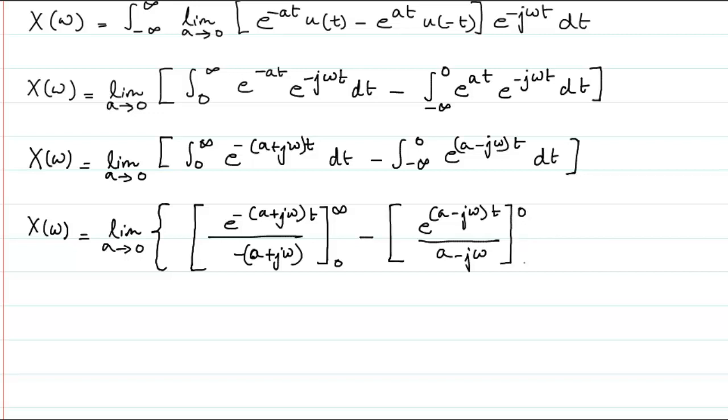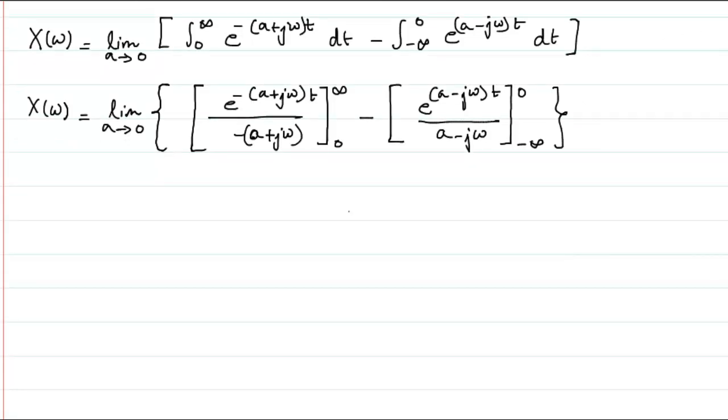The limit is basically from minus infinity to 0, and then bracket closed, which you can directly see. If I am going to apply the limit, then I will get X of omega is equal to limit a tending towards 0, and now here e raised to power minus infinity is 0, 0 minus e raised to power 0 is 1, so I will get minus 1, that minus 1 and the denominator minus of a plus